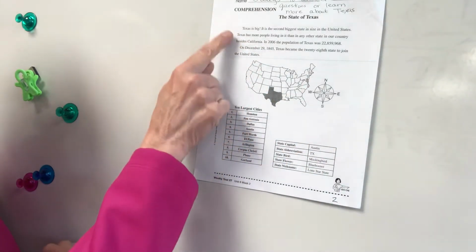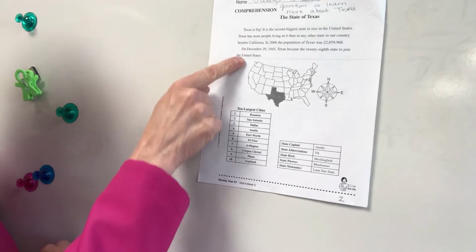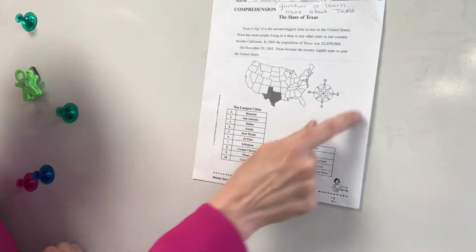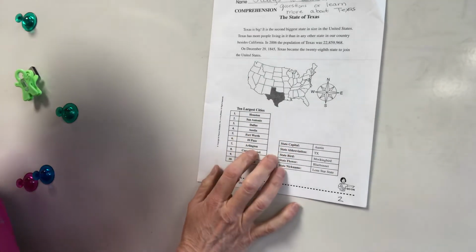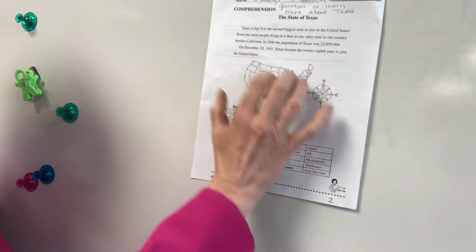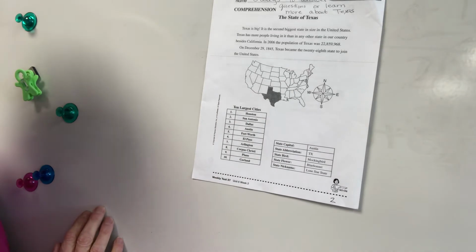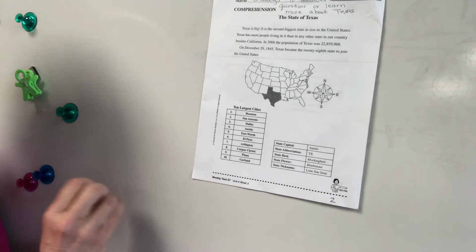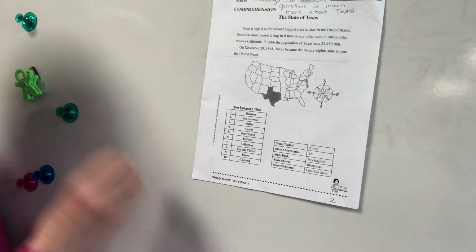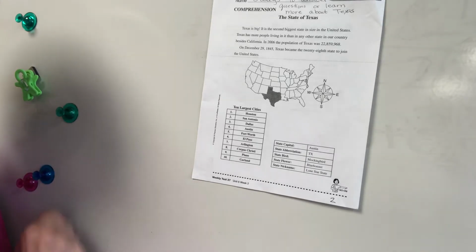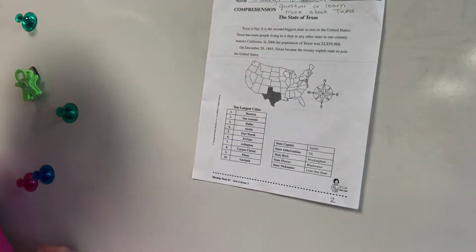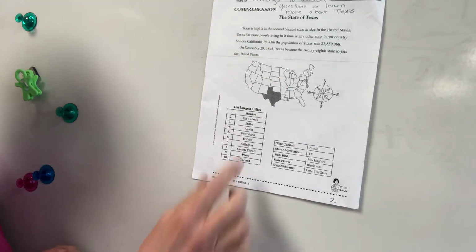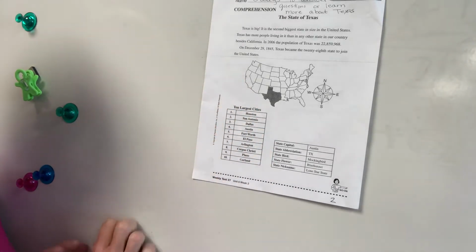Number 1 is by reading the paragraph. Number 2 is by looking at the map. And number 3 is by looking at the table. So all 3 of these provide you with the answers for the comprehension questions. Second graders, this is what you're going to start seeing more and more of in 3rd grade and on, 4th and 5th and into high school, where you not only get information from text or a paragraph or a story, but from a map and also from a table.